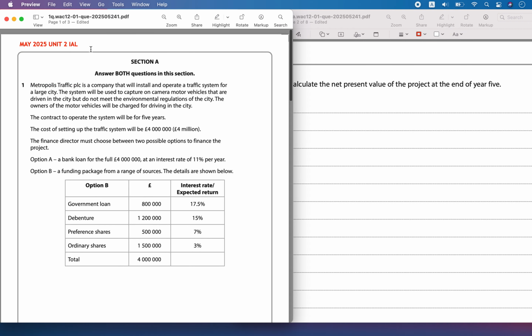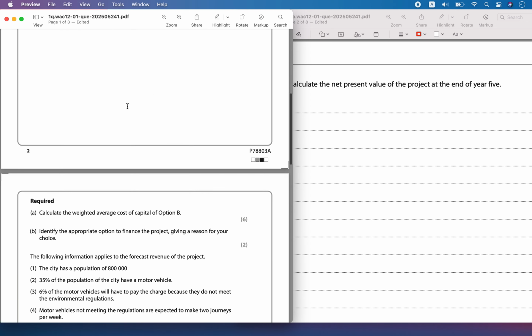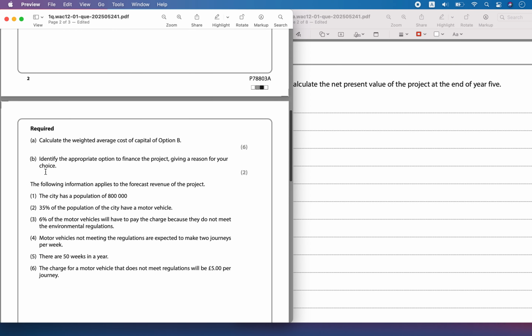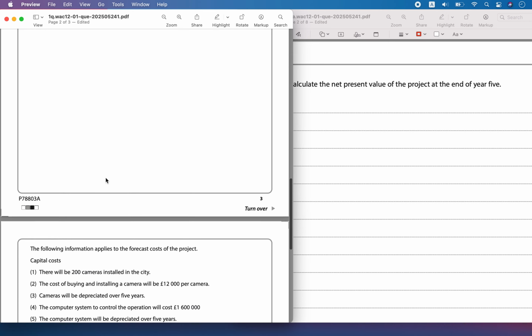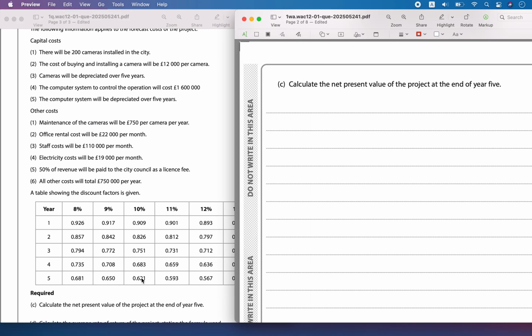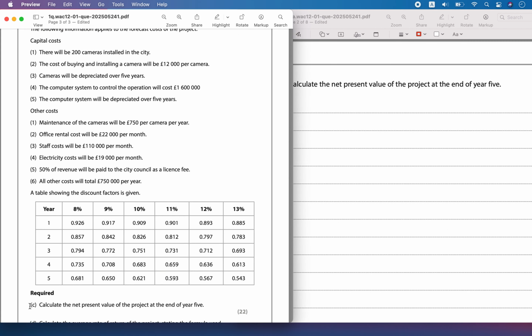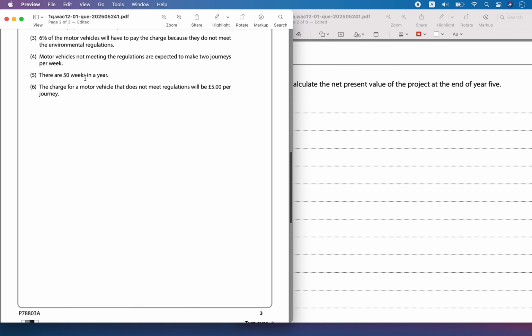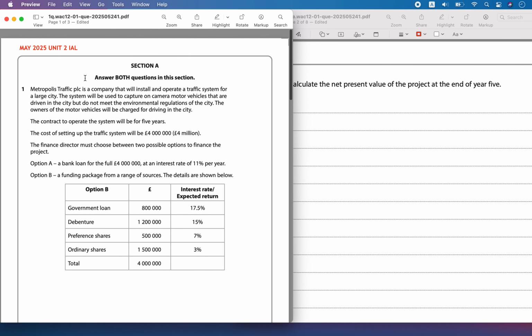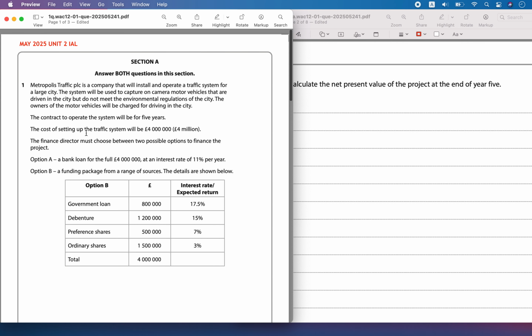Hello, today we are solving May 2025 Unit 2 IAL question number 1, part C. It says that you have to calculate the net present value of the project for the value of the project at the end of year 5. The other information is all given here for the Metropolis company, Traffic